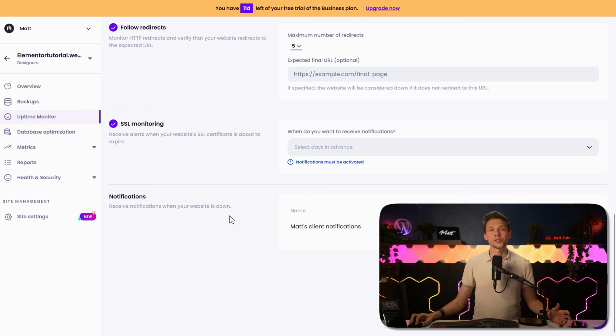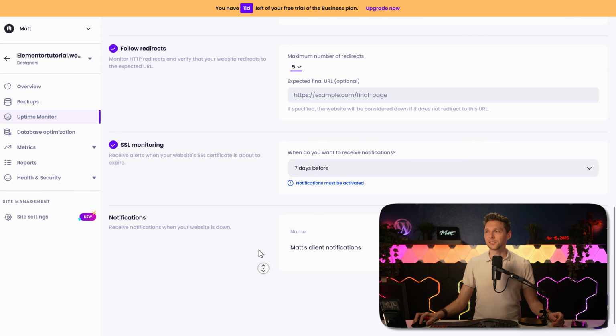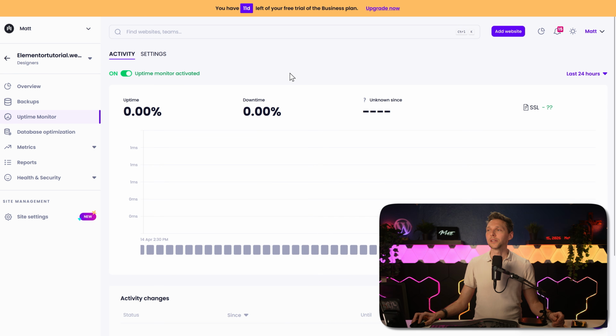own hosting company and you would like to have this one. And then we can see over here the notifications, because this website has been added to my notification center: Matt, client notifications, email and WhatsApp. And then we press on save changes. And if you now go over here to activity, then you can see the uptime monitor for this specific